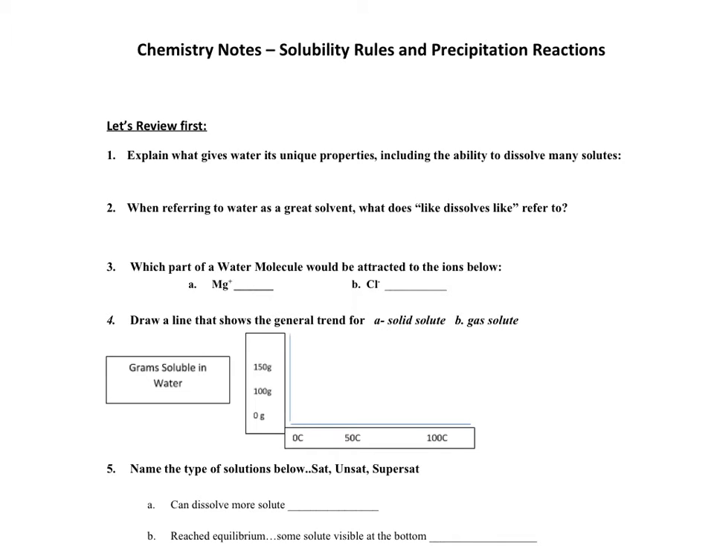Welcome everybody. Today we're going to talk about solubility rules and determining precipitation reactions. But before we get into the new notes for today, I want to review what we've talked about